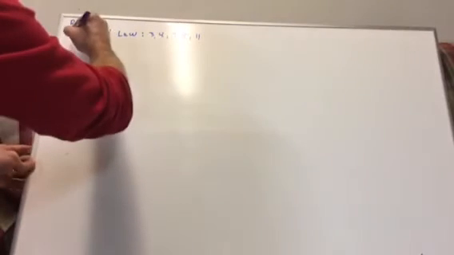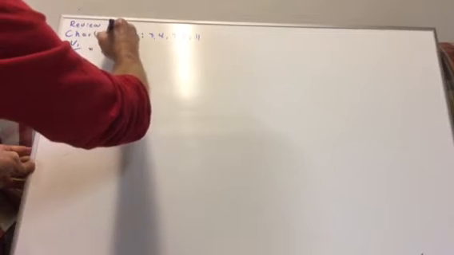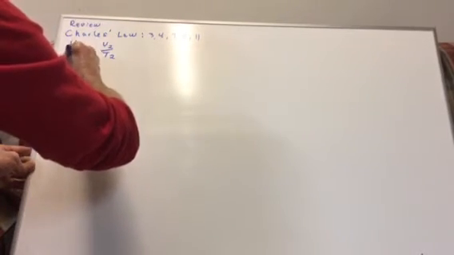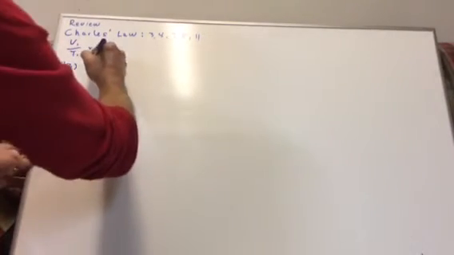Okay, continuing with our mixed problem review. On this particular video, I'm going to do Charles' Law, and we'll start with number 3 in the Charles' Law. I should have written this earlier. V1 over T1 equals V2 over T2. So in problem number 3, we see that we're solving for T2,